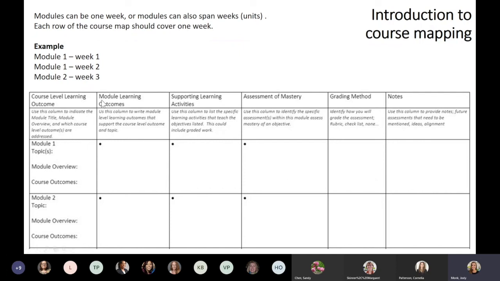And the reason it's built this way, again, is just so it's easily transferred into Blackboard. But you'll notice we have the outcomes, which is our first step, and then we jump over to assessment of mastery here. So when you're planning, you have to skip over the learning activities first. But again, that formatting is for later steps, and for those people who do translate this into something a little bit more consumable for students, it's easier than flipping columns around and moving things about.